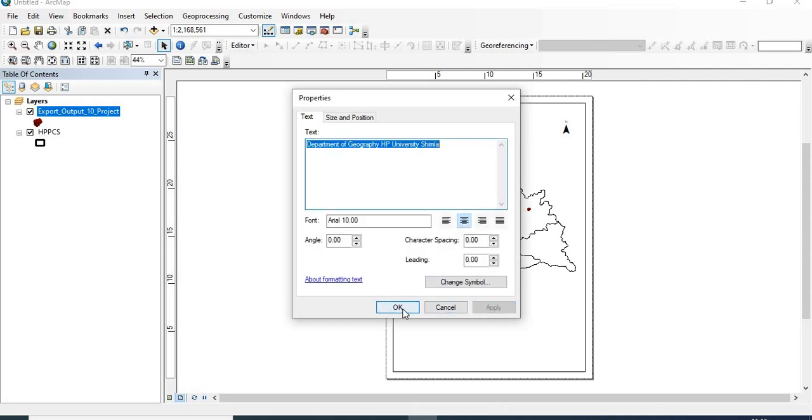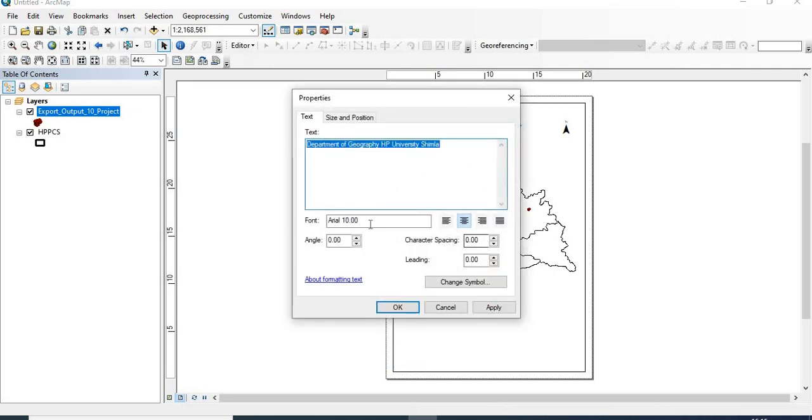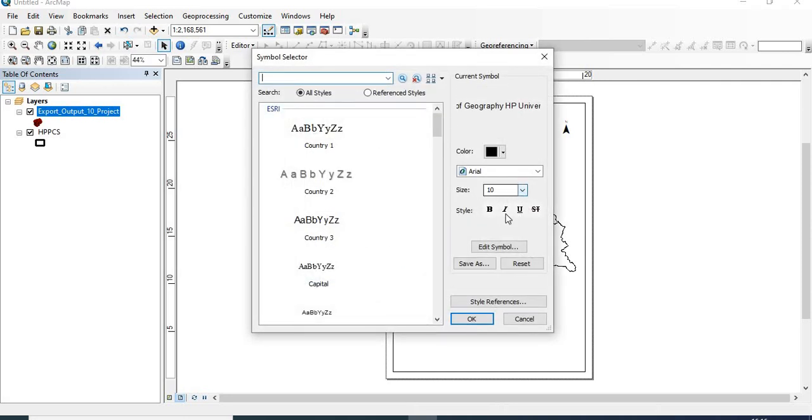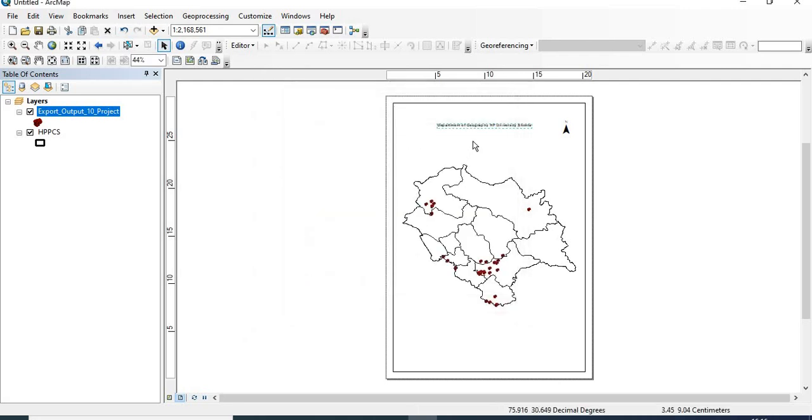So apply and OK. Double click and you can increase the size. For example, we can make it 12 and bold and OK. Apply, OK.